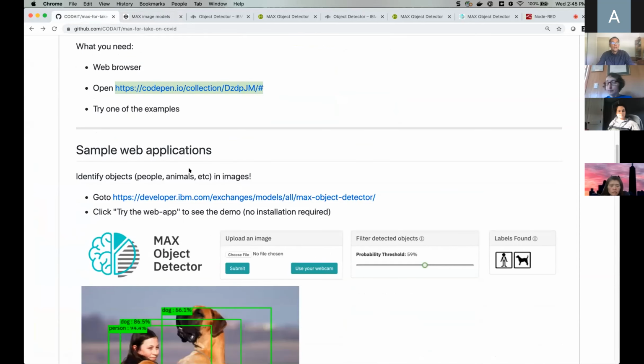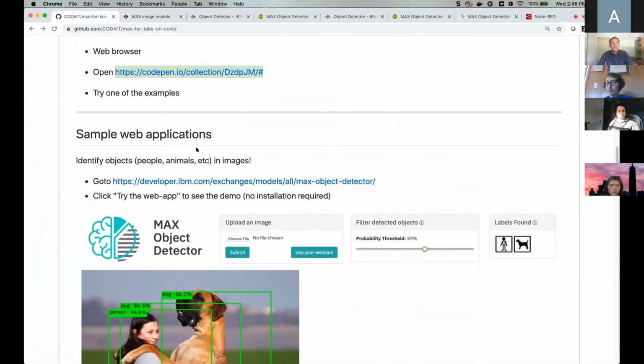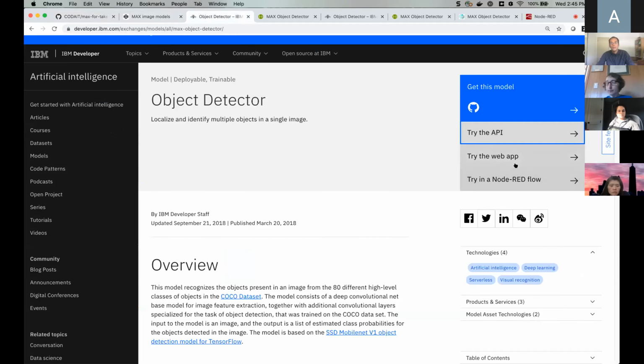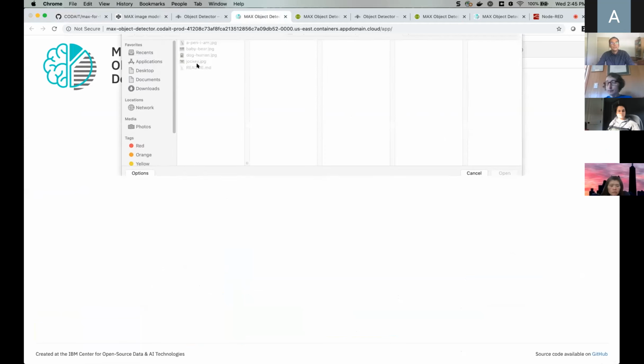But then we also have a few sample web applications that you can use. And the one that I'm going to show you is a sample application, again, for the object detector. If we go back to this page here, try the web app, you can see it's a very similar interface, right? I need to choose an image.